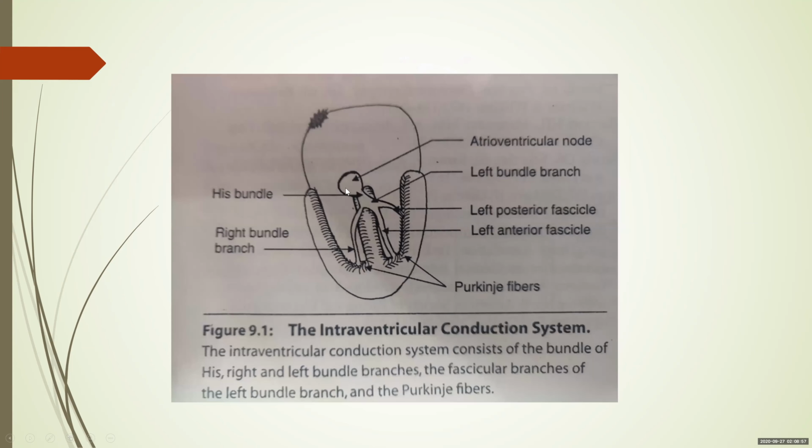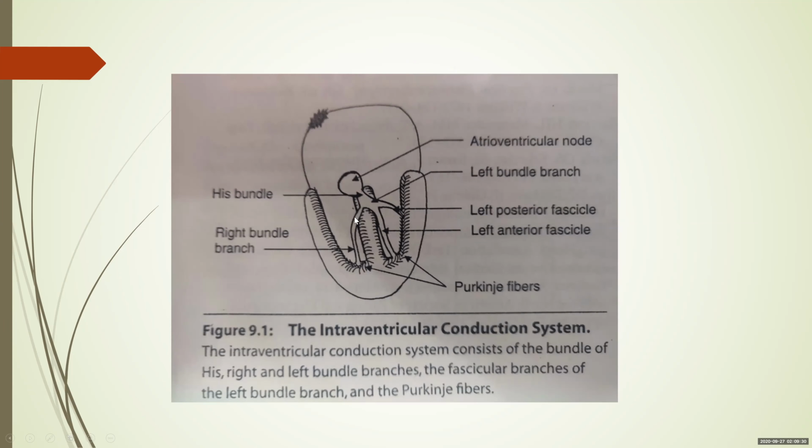So again, you have the AV node, you have the bundle of His, the right bundle branch, as well as the left bundle which divides into the left posterior fascicle and the left anterior fascicle. From this you can understand two things. The left bundle consists of two fascicles, left anterior and left posterior fascicle. Hence, it's a bifascicle. So a block here, that is a left bundle branch block, would be a bifascicular block. While our right bundle consists of a single fascicle, hence a block here would be a unifascicular block.